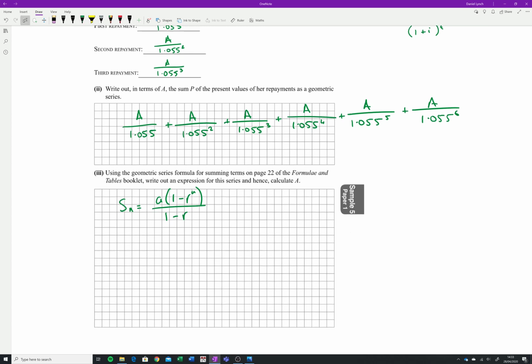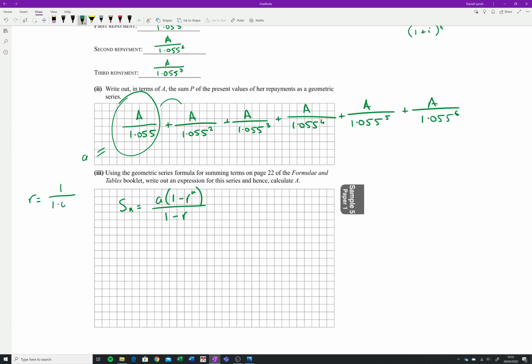It's worth pointing out what's A and what's r. A is the first term of the sequence. So A in this case is that number there. And r is what you multiply by to go from the first to the second, from the second to the third, etc. And I think you can see A stays the same, so we're multiplying by 1 on the top,